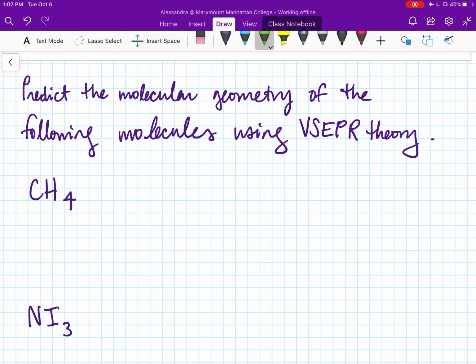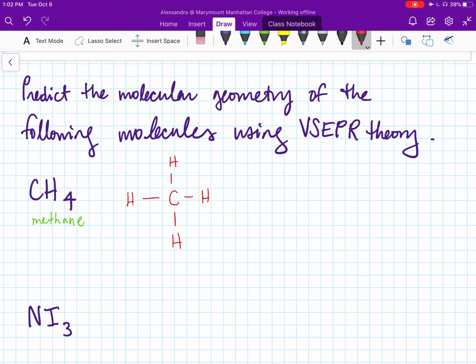Okay, so let's do some examples where we predict the molecular geometry of different molecules using valence shell electron pair repulsion theory. Let's start with CH4, also known as methane. So the first thing you have to do is use the handy hints to draw the best Lewis structure that you can for methane. If you need to, you can go back to chapter 3 and review how to draw Lewis structures. But the best Lewis structure and the only Lewis structure for methane is going to look like this: